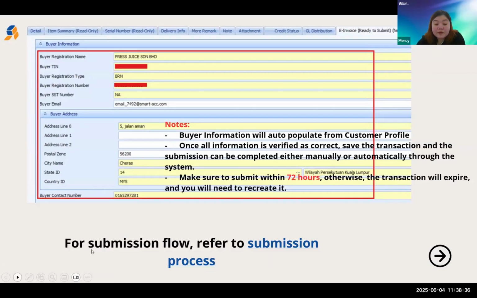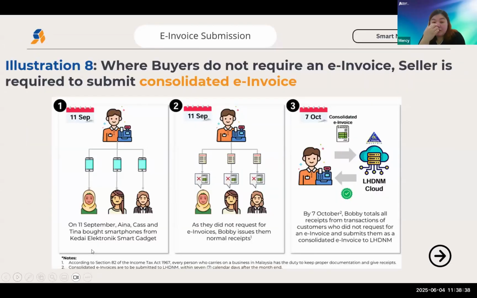Okay, this is for the retail one. Just now what we showed was for B2B, which means that we issue the invoice. However, for your customer,